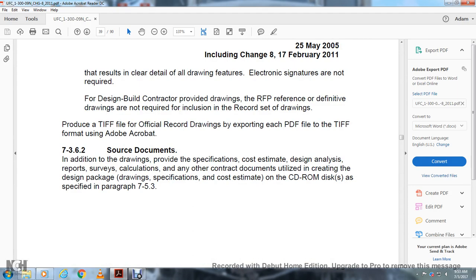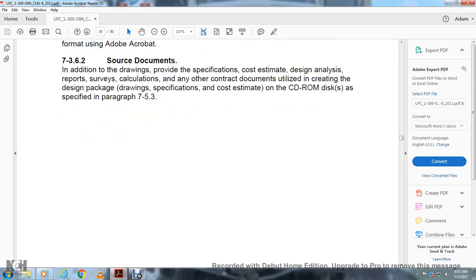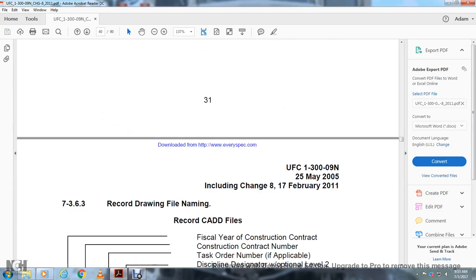7362 source documents. In addition to the drawings provided with the specification, cost estimate, design analysis, the reports, the survey of the calculation, any other contract documents utilized when creating the design package: drawing, specification, cost estimate on CD-ROM disk as specified in paragraph 753. Alright,